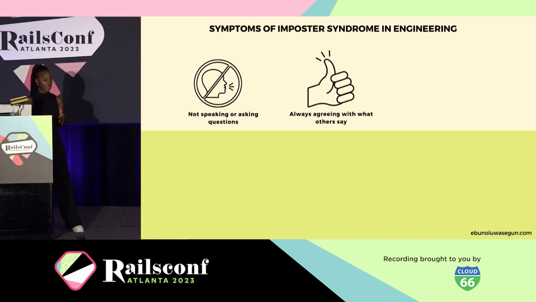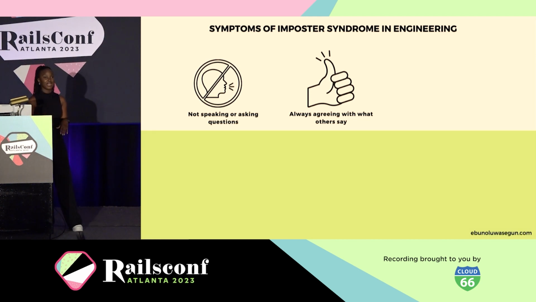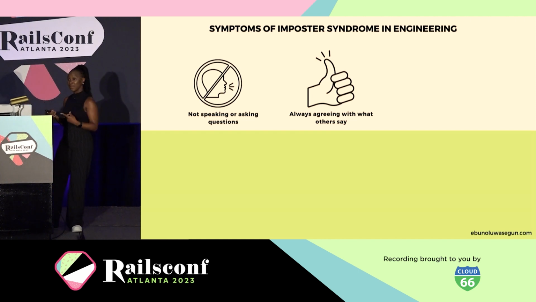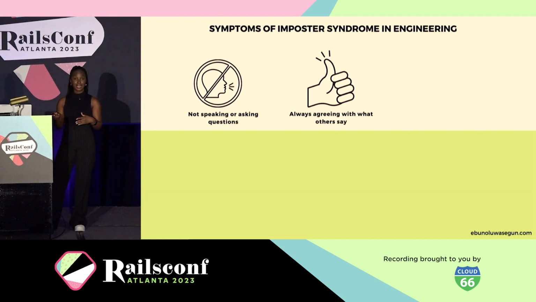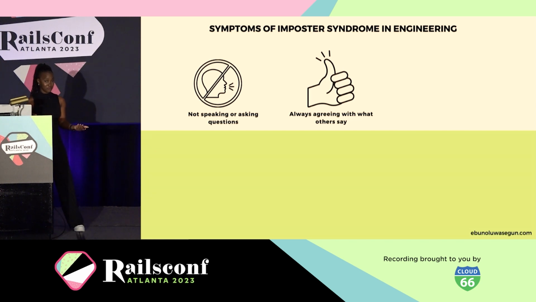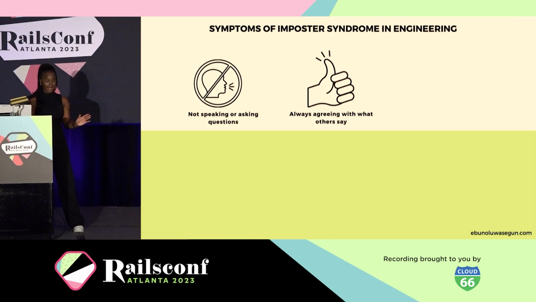Another symptom is always agreeing with what others say. So picture this again, you're in that meeting and the people that are considered experts or the intelligent people in your mind hear someone say something and so they smile and they nod their heads and you smile and you nod your head as well, because surely if the intelligent people think that that is a wise thing or something great has been said, you want to also seem like you're intelligent and you know what you're saying. So you smile and you nod your head as well. How many people have done that? Because I most definitely have. I'm not ashamed to say that I've done that in the past.